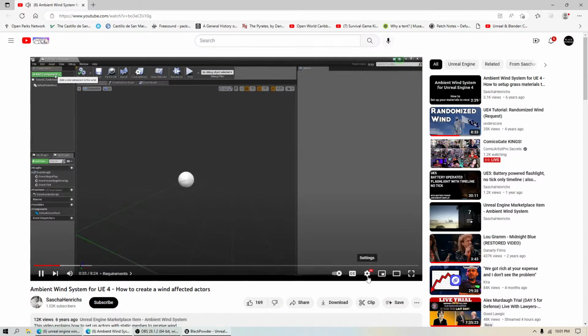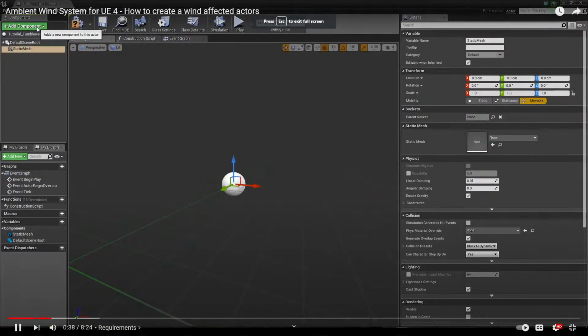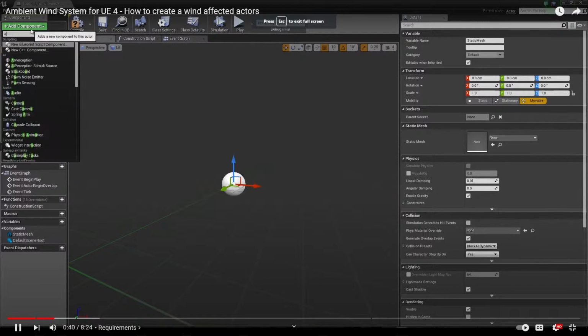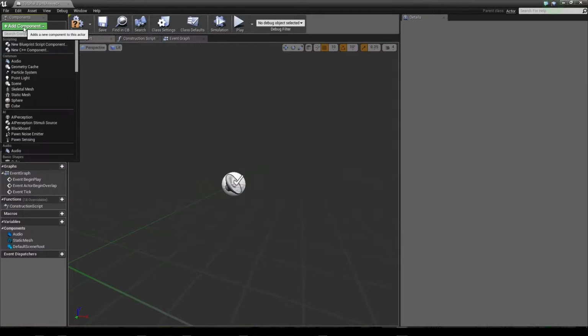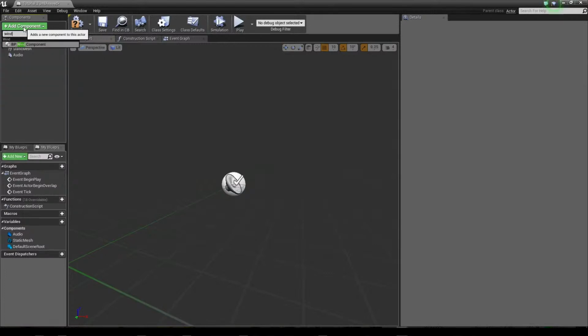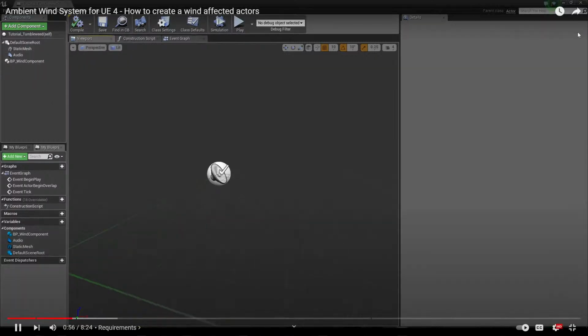They need a static mesh component, then they need an audio component, and also, most important, they need the wind system component, which is part of this marketplace item. So we compile this, and first